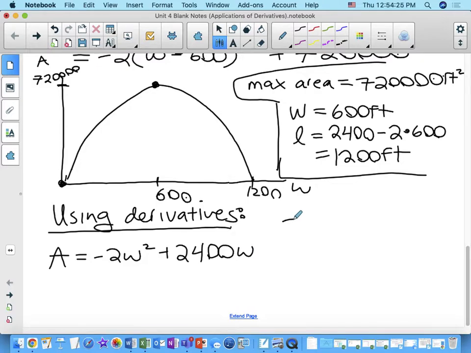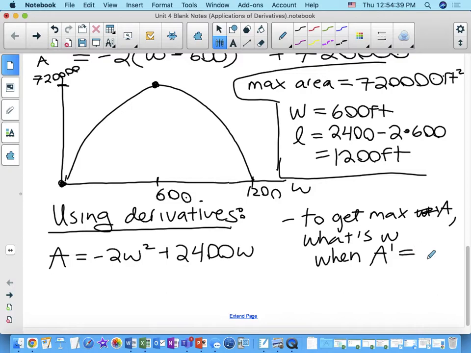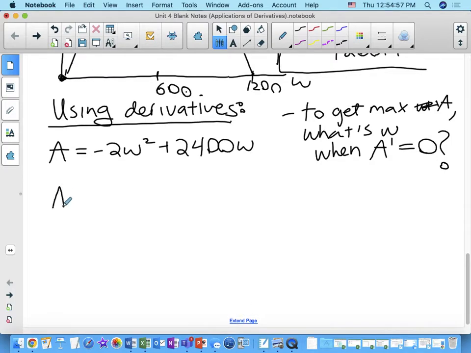Okay, so for max area, what's w when A prime equals 0? Because when A prime equals 0, the original function is either at a maximum or a minimum. Okay, so all we need to do is find the derivative of this thing. A prime is going to be negative 4w plus 2400. If we set that equal to 0,